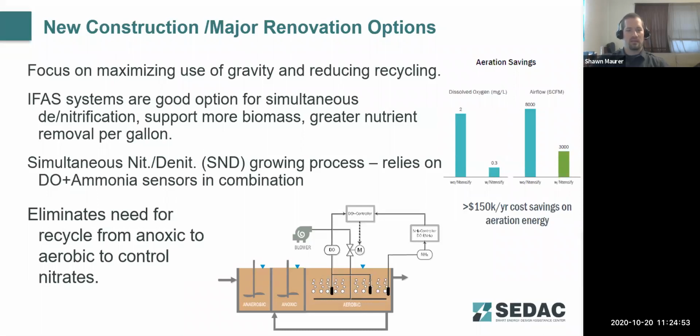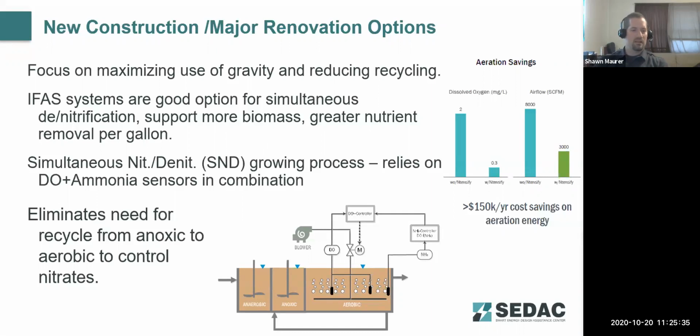Simultaneous nitrification and denitrification relies on the addition of ammonia sensors to a DO sensor. So there is a little more control complexity there. But a lot of times that automation, you're adding in that ammonia sensor, it's not a significant addition as far as complexity to the process. It's usually fairly simple and straightforward to tie into an existing SCADA system. Just takes a little work with an engineering staff to figure out what the set points need to be for your process to handle that